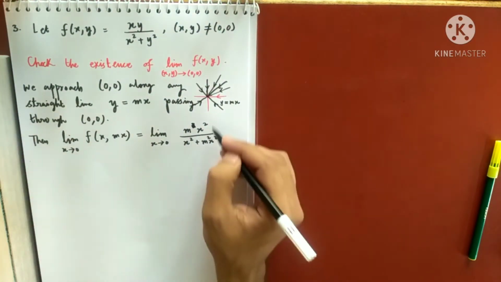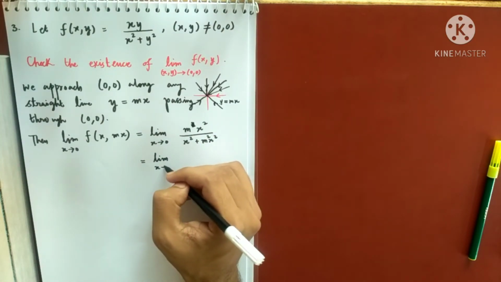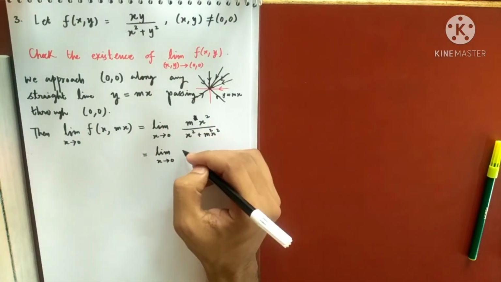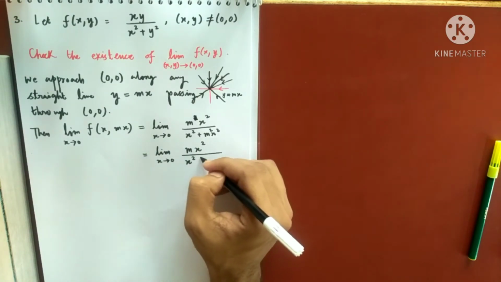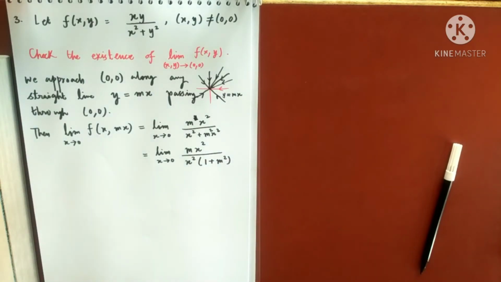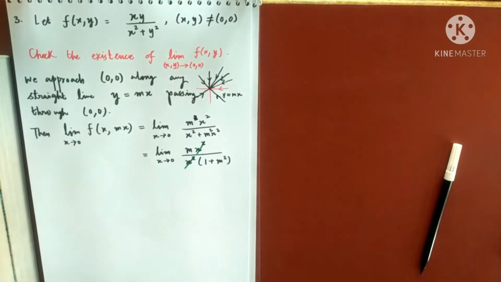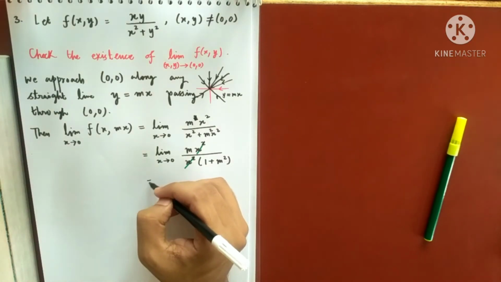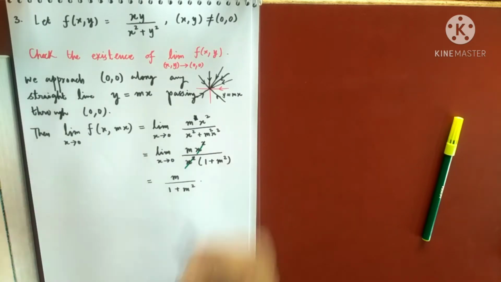Now this is a problem of single valued limits, right? This is not a double limit. This is just the usual limit that you have been doing in analysis. So how to solve this limit? x square is common from the denominator, 1 plus m square, and you see here x approaches 0 but x is never 0. That is the meaning of that, right? So x square can be cancelled, and m being a number, it will be independent of the limit. So what is the value of this limit? m by 1 plus m square.